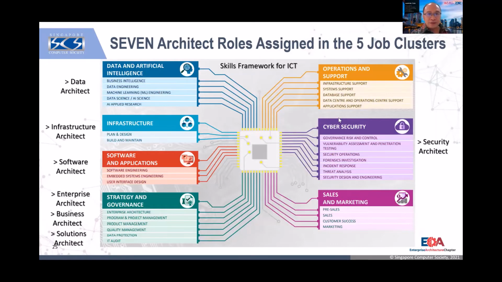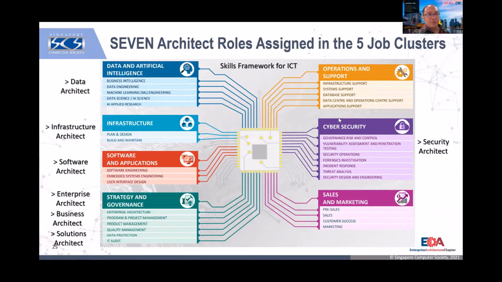I think just now you have seen Benjamin also mention the skill framework for ICT. They have about 7 job clusters, but architects reside in 5 of the job clusters. The first one is data and artificial intelligence, so there will be a data architect there, because the data architect is where they connect whatever data or information to the business. Inside there they have the data scientist, data engineering, or DBA. All the roles are defined inside there. So you can also study how the data and artificial intelligence cluster is structured: the team structure, the job scope, roles, and responsibilities. The next one is infrastructure.